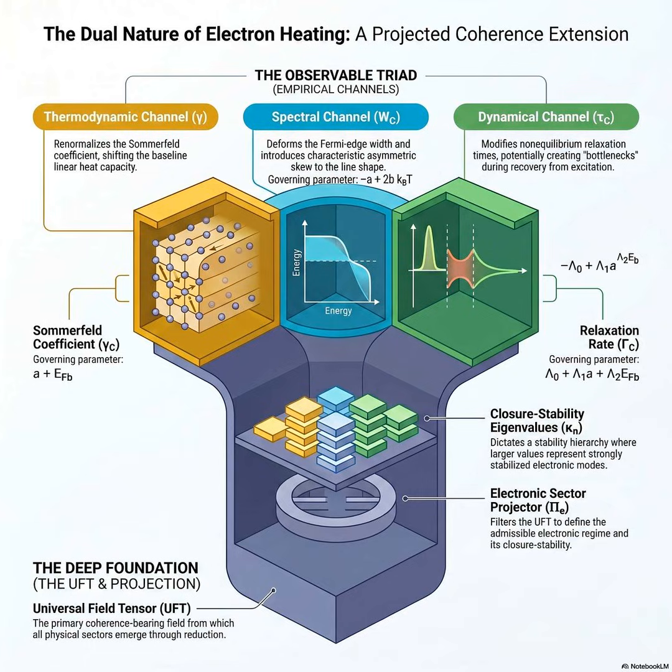Let's do it. Level I is what he calls the null fit, or the closure neutral limit. This is where we assume the coupling parameter epsilon is exactly 0. Right. You start with a simple, incredibly well-understood metal, a control sample like highly purified copper or gold. You perform the thermodynamic and spectral measurements just to set the baseline. Exactly. You fit your experimental data using standard baseline textbook models.